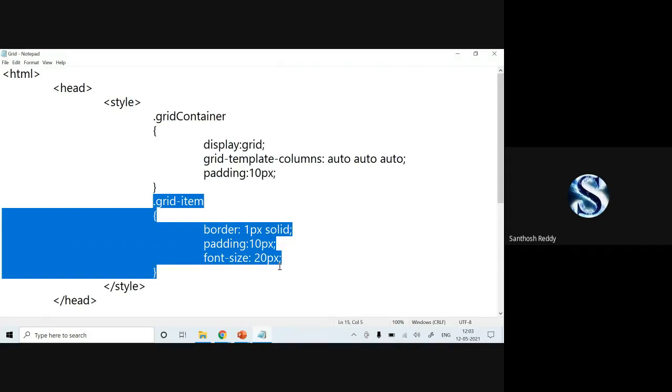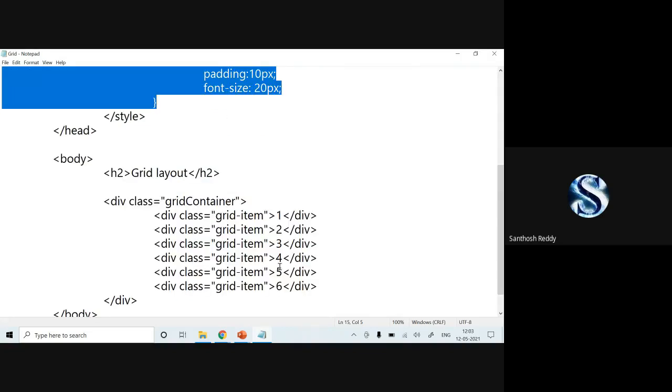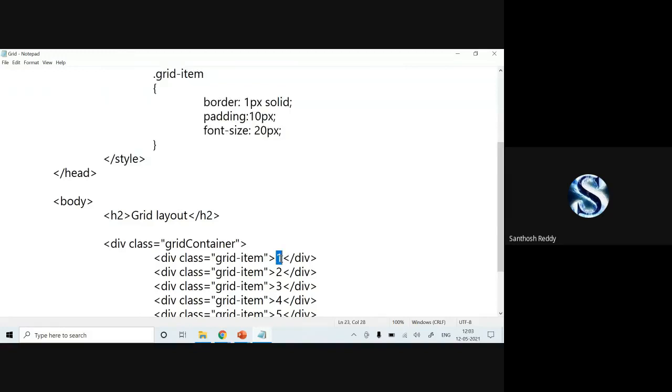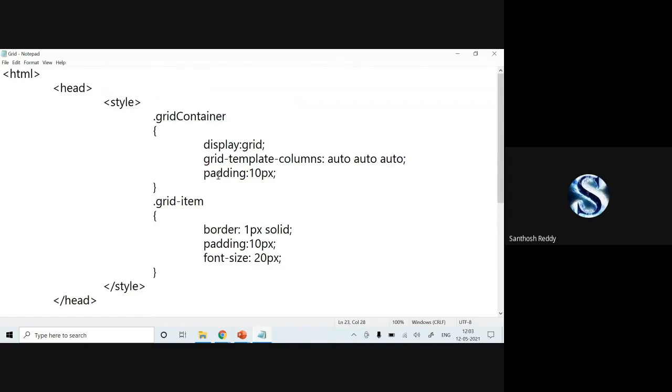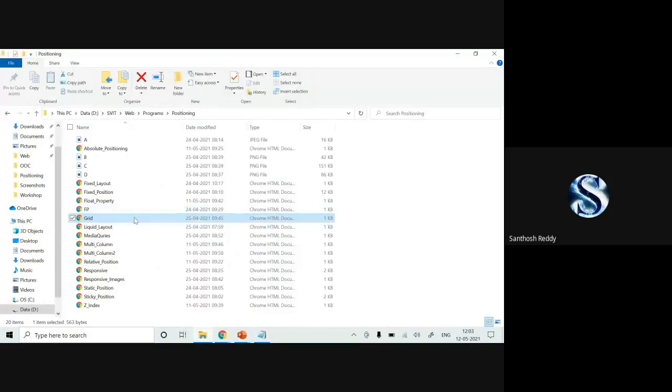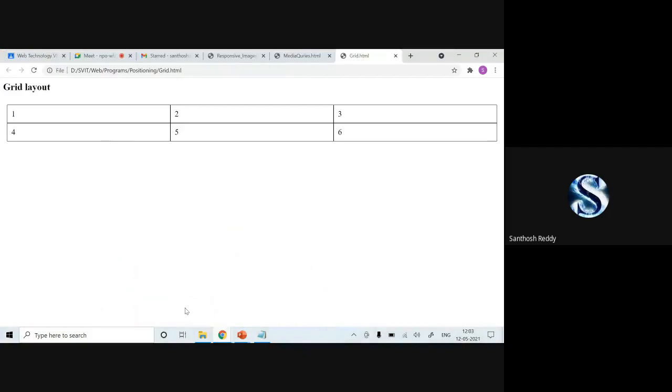Class equal to grid item has been given for the item itself, the data you are representing in that particular box, where the container is the whole division. Now I'll run it. Kindly have a look. This is your grid.